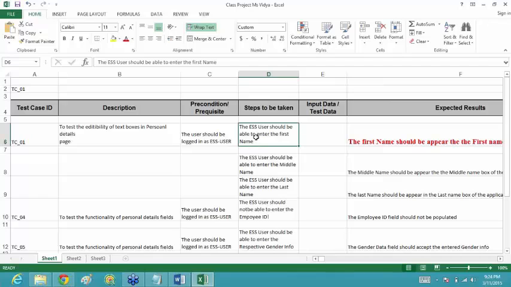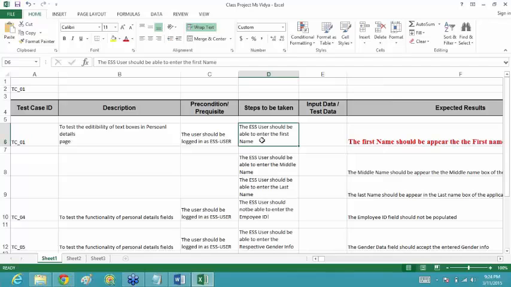And remember one more thing, see in the steps you have written that the ESS user should be able to enter the first name. Whenever you are writing the steps, you are giving commands to the person who will be executing your test case.